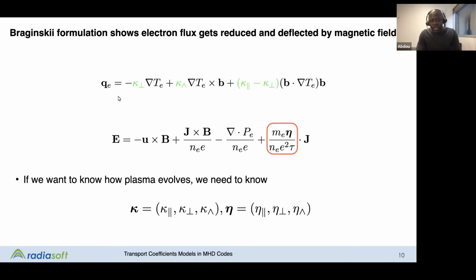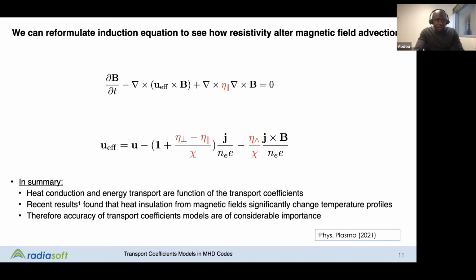So here, if you want to know how a plasma inside a waveguide evolves, we need to have an accurate model for each of these different entities. And the way we do that is through kinetic theory. All right, so